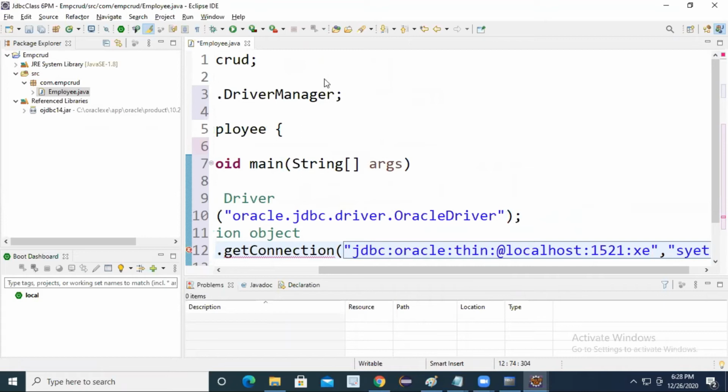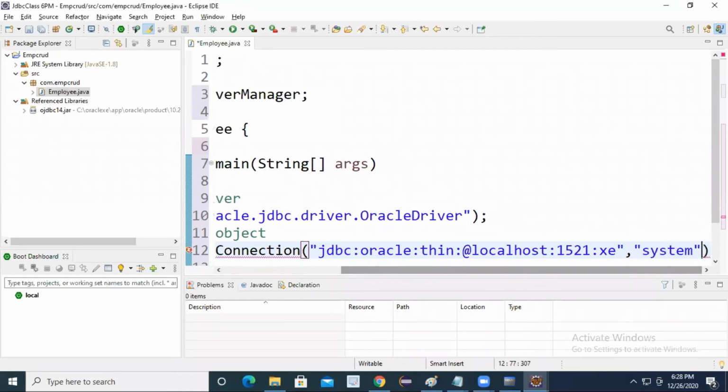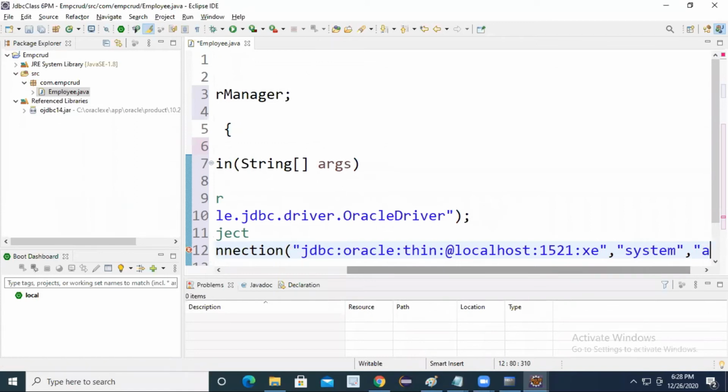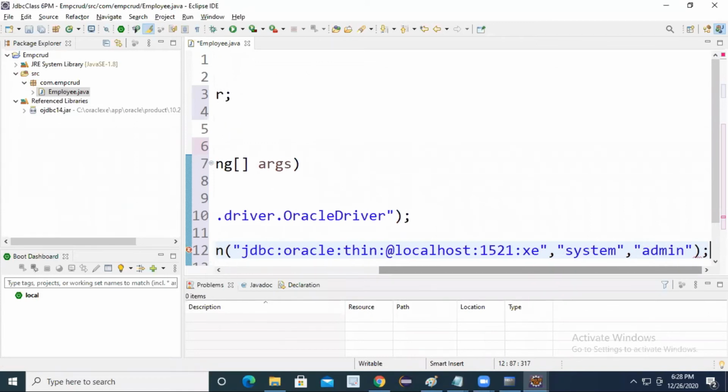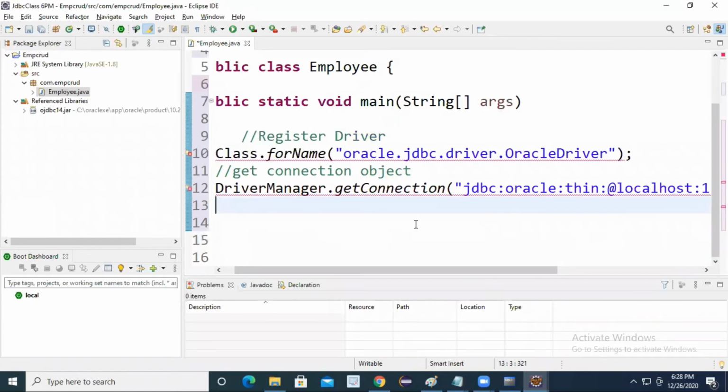System. Password is admin. Username is system, password is admin.